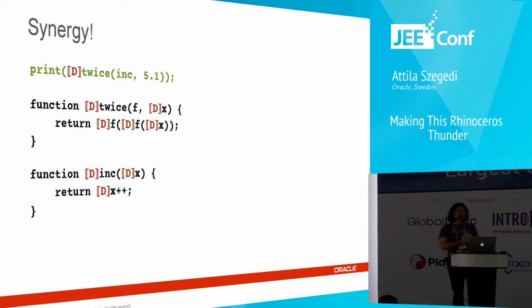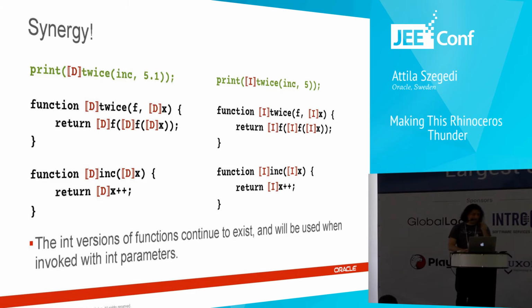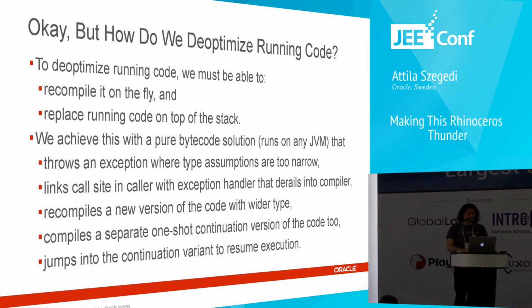So we don't really have full dependent types, and we probably never will. All right. And of course, the int version still remains there. So if you again invoke it with an int, then the int version gets invoked. So we have this nice type story. The question is also, so when we did this thing with,